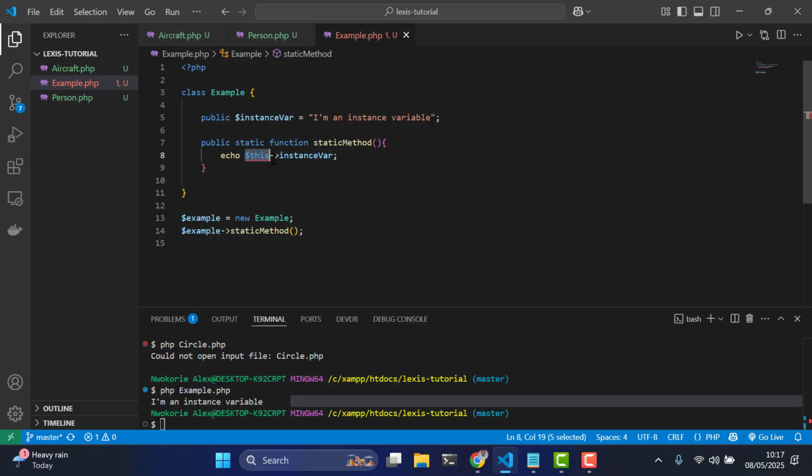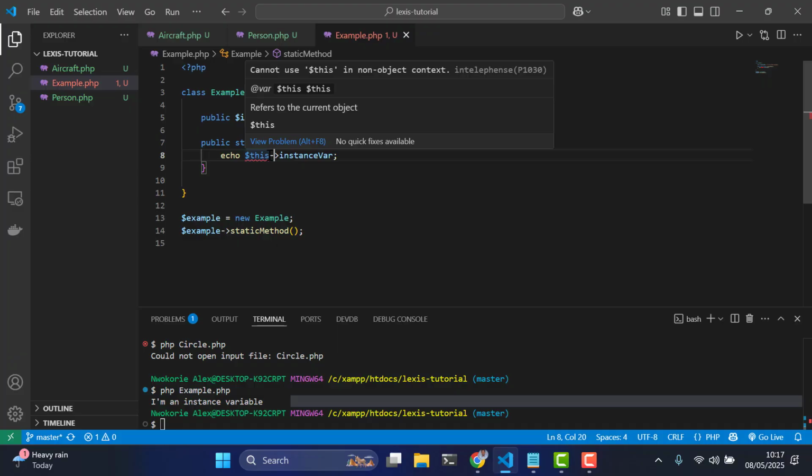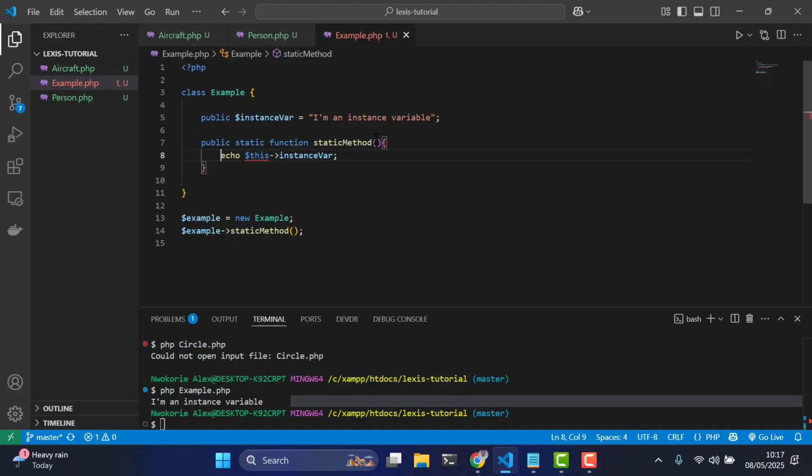This keyword, we don't use it when we are accessing stuff related to static. So now the approach we could use would be, since this is a static method, and a static method only retrieves static variables, and this one is still an instance variable,